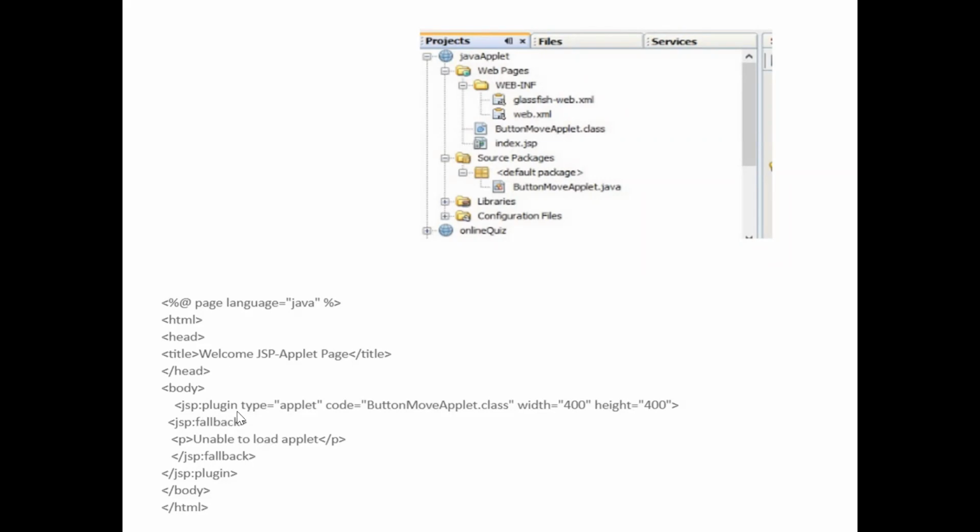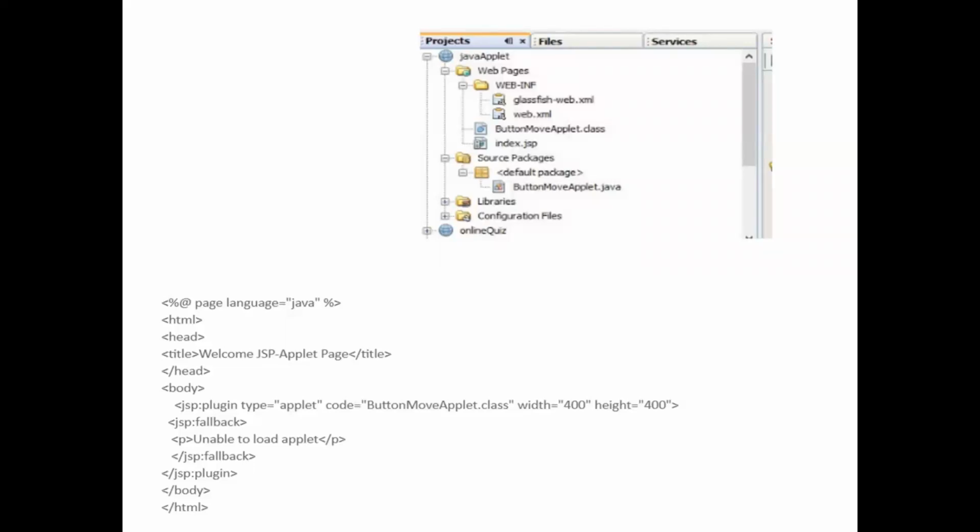So jsp:plugin type is applet. Code is the name of the class file, that is button move applet.class. I can take the width 400 and height 400. Suppose in case it does not match, you can write the fallback, unable to load the applet, and jsp:fallback. Close the plugin, close the body and close the HTML.